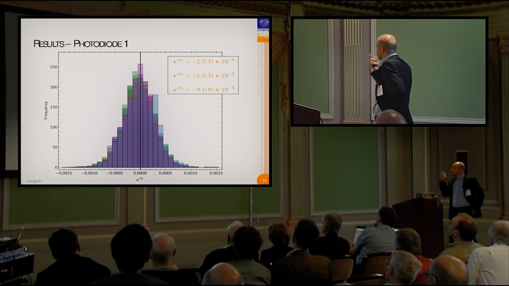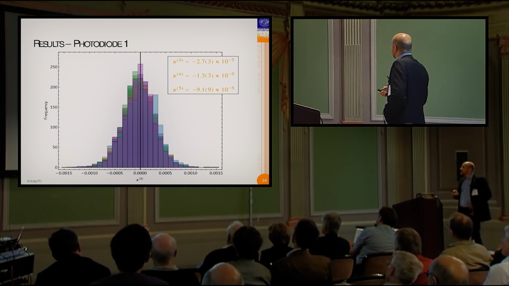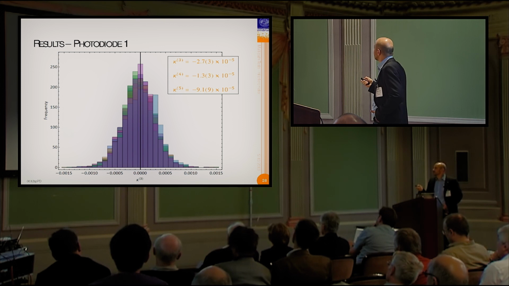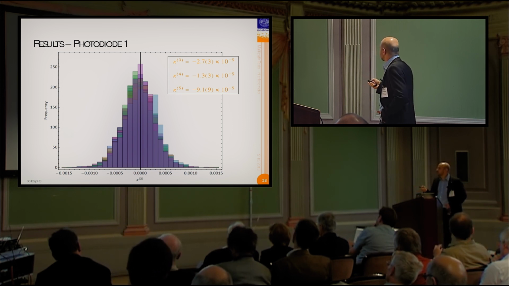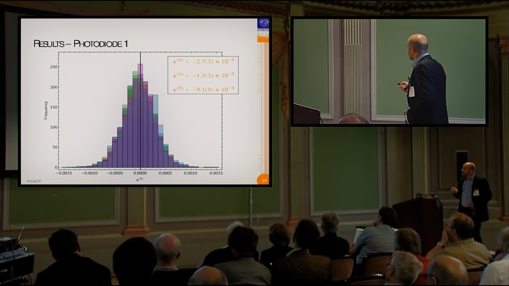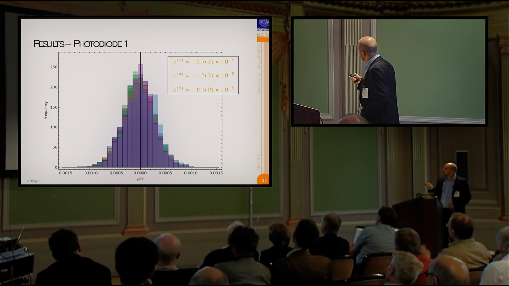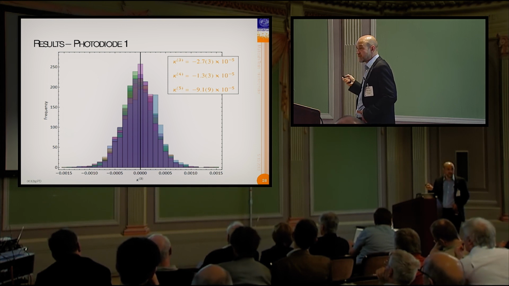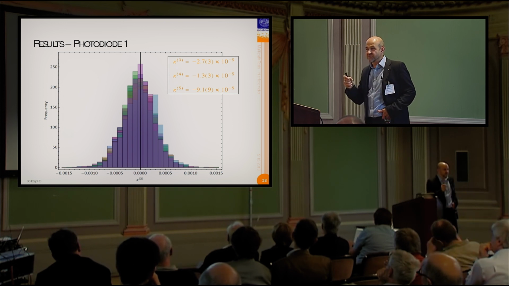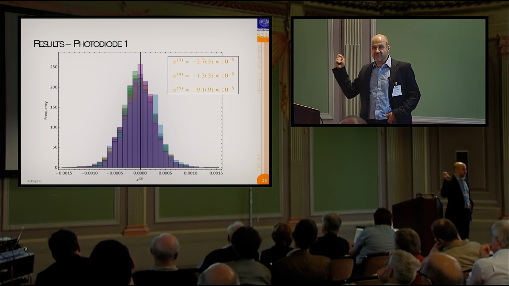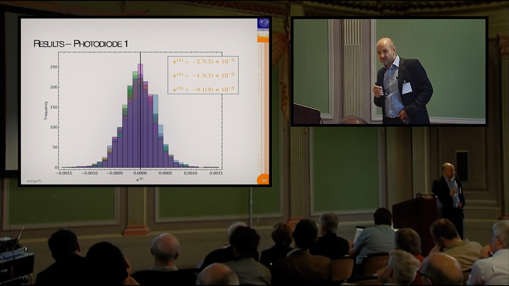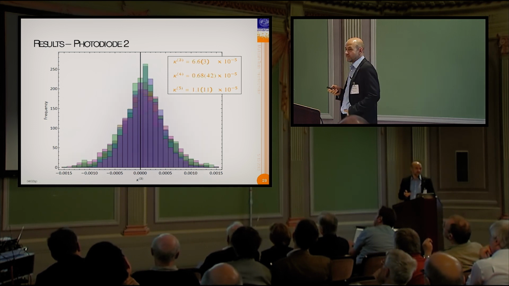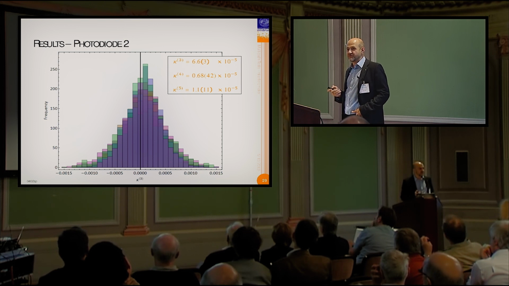This is not with a photon counter, but with a linear photodiode. And we find these values of kappa. So this is the second order interference term, third order, fourth order, are in the 10 to the minus 5 range. But if you look at this carefully, in this notation, this is the uncertainty. The uncertainty is in the last digit. So it's actually, the value is 10 times bigger than the uncertainty. So you'd say this is significantly non-zero, okay? Let's look at the next result. Oh, it's also significantly non-zero, but on the other side.